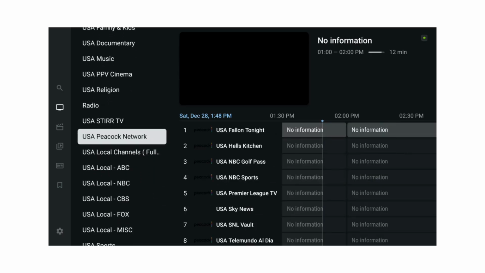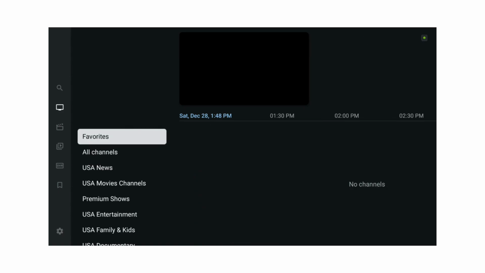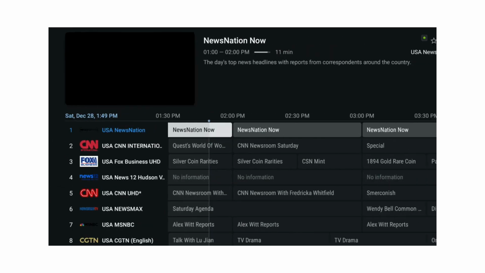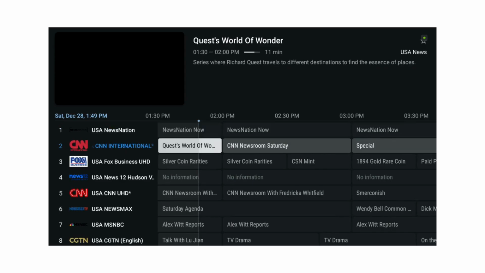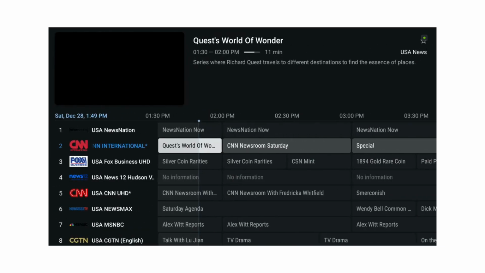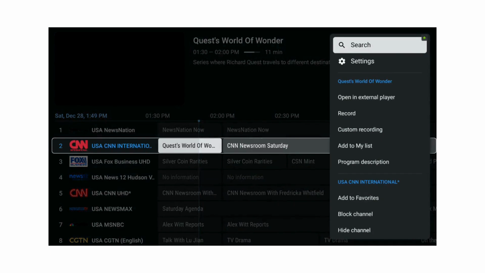Generally what people will do is they'll go through and figure out their favorite channels, favorite them, and then just use the favorites to be able to scroll through and see what's on all of their favorite channels. They'll have 20 or 30 different channels that they watch on a regular basis. So to do that, we'll go to U.S. News first, and we'll say that if you like CNN, you can go to the CNN channel,